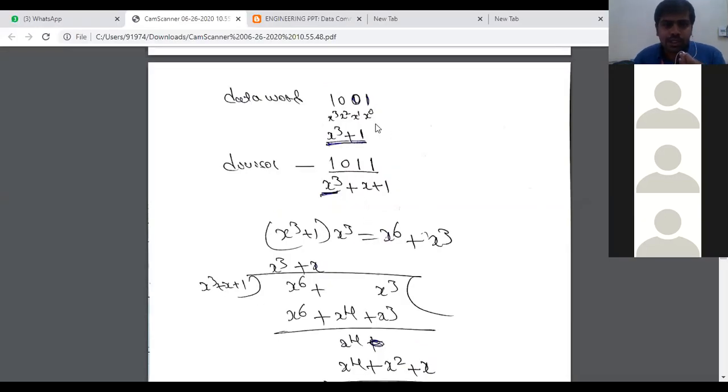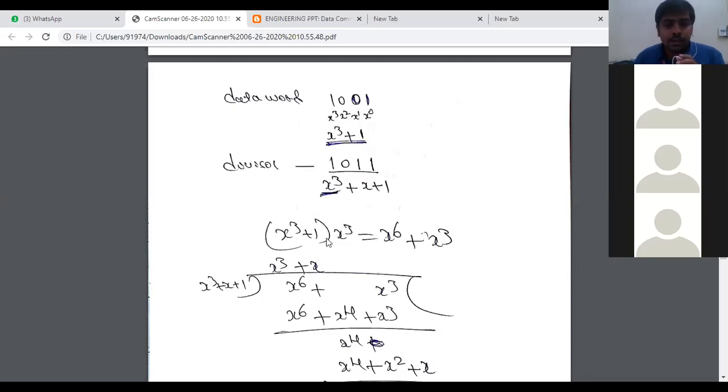So that multiplication, what I had said, if you want in a simplified way: whenever he gives data in a digital format and asks you to convert to the polynomial, you just put x to the power 0 plus x1 plus x square, x to the power 3. Then wherever you have 0, neglect them: x to the power 3 plus 1. Then the divisor he has given, 1011, you also have to convert to the polynomial. That is x raised to 3 plus x plus 1.